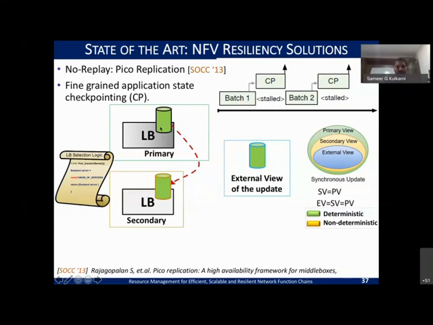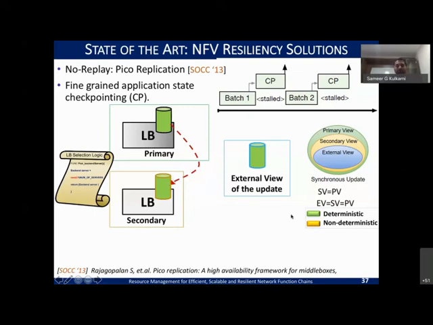Always the primary grows first, and then the primary is synced to the secondary. And after the secondary is synced, the packets move out. So even the packets that move out correspond to the state that the primary and secondary reflect. So first the primary gets updated, then the secondary, and then the external view, because the external party gets to see the packets only after this is synchronized.